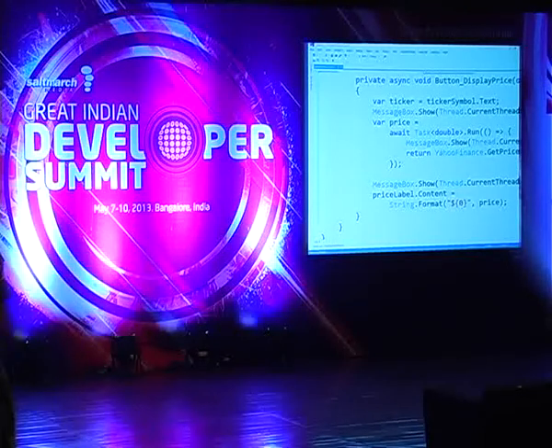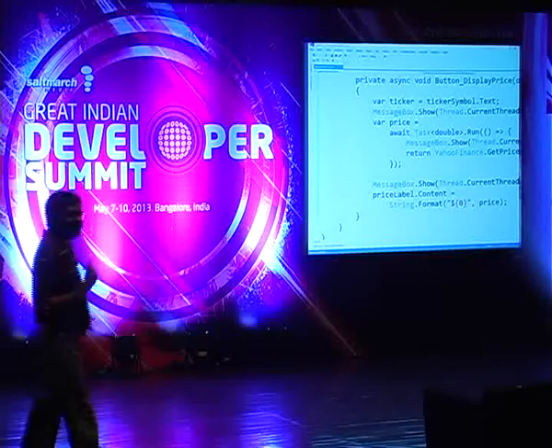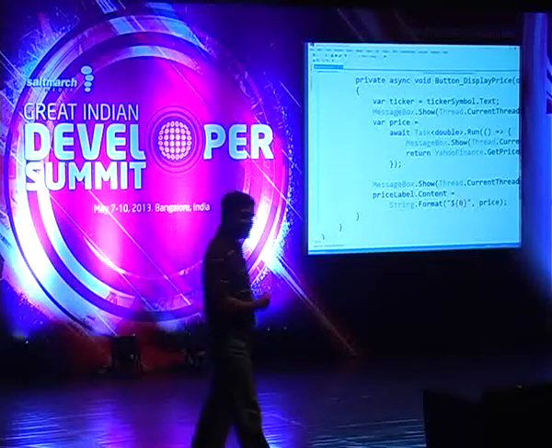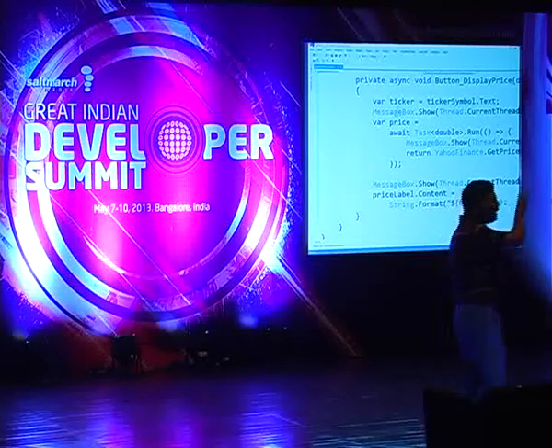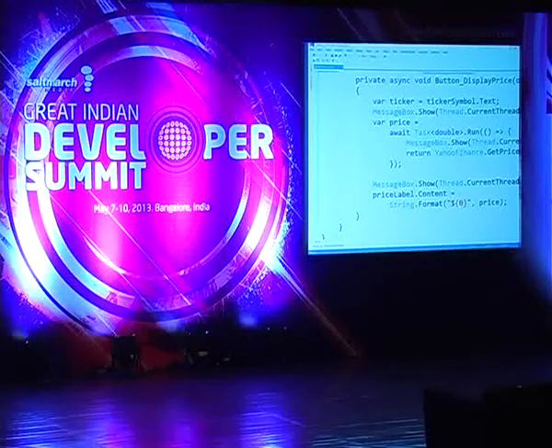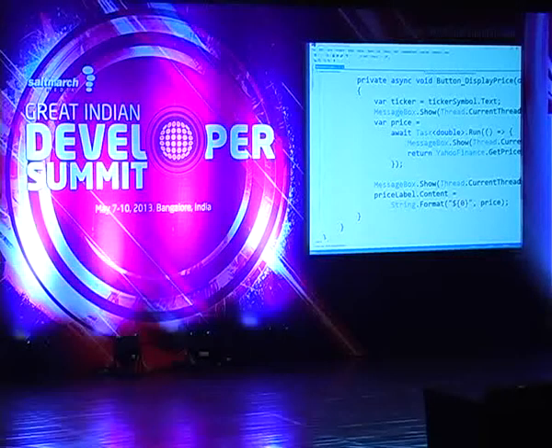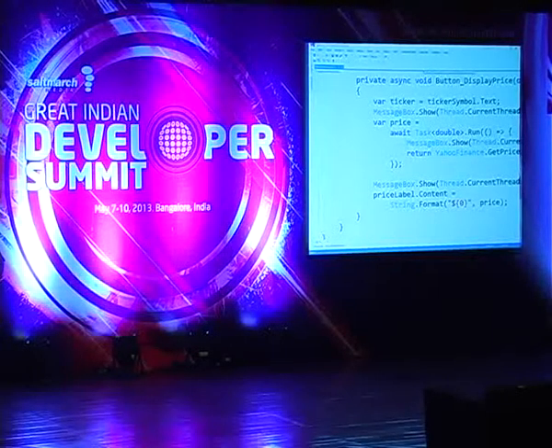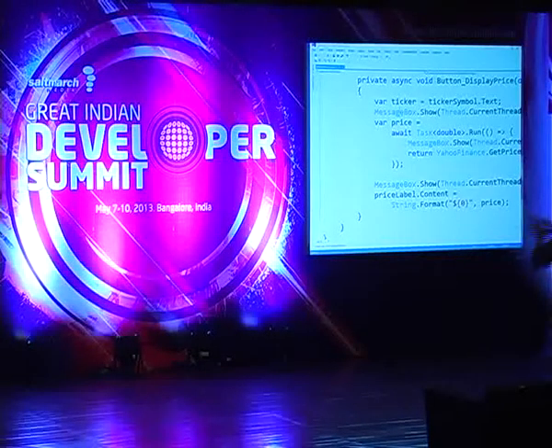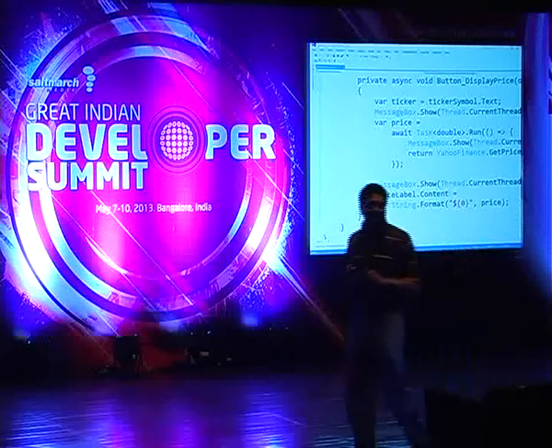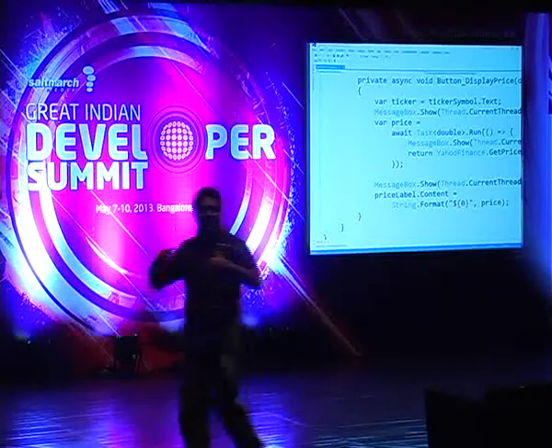Now, if you have to go ask for multiple prices, this method is going to be charmingly easy, right? How so? You can put a loop in there, and in the loop, you say, go get the price for this stock, await this, and that part will wait for the response to come back and run, but then you can go back and ask for another price and another price and another price.